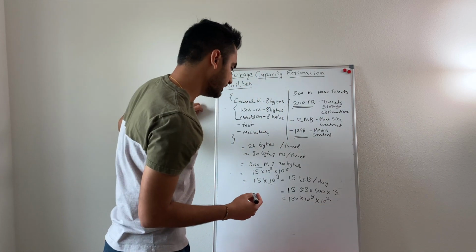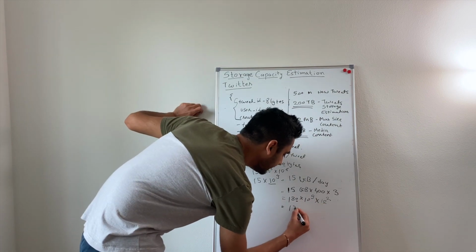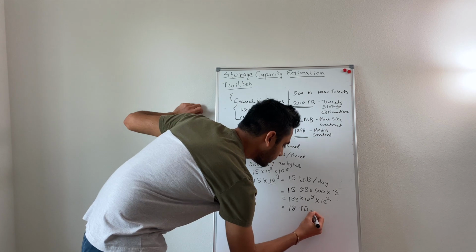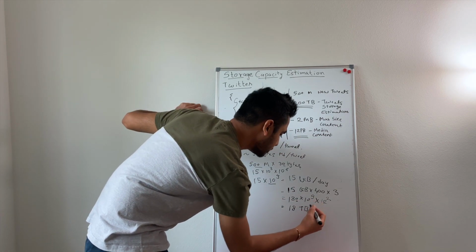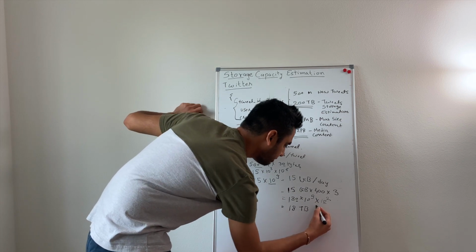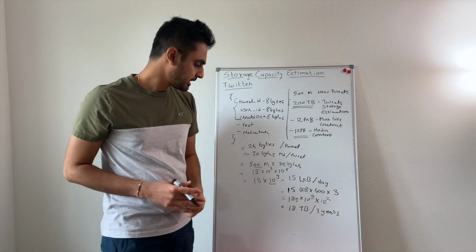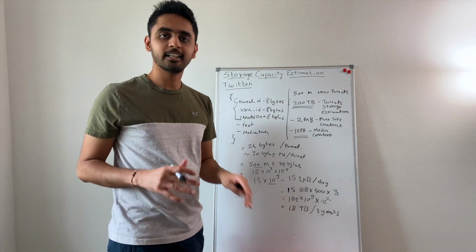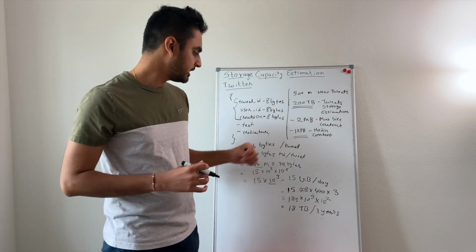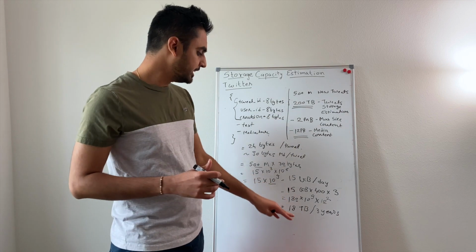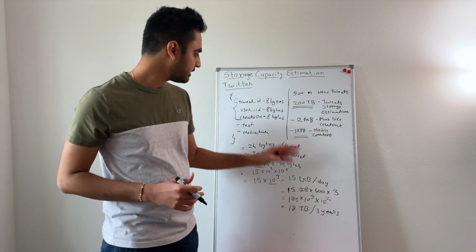Now this 1 and this 2 is 3, so we will have 18, 9 and 1, 2, 3, yeah, 10 raised to 12, so 18 terabytes of data per 3 years for metadata. So now we have metadata storage estimation also, that for all the 500 million new tweets per day, compared to 3 years, we need a total of 18 terabytes of storage space required for all the metadata